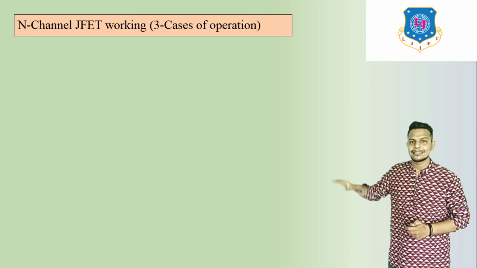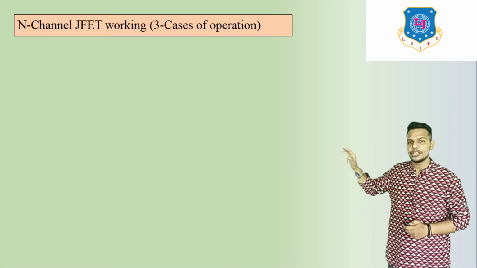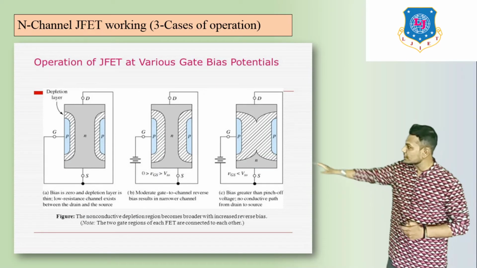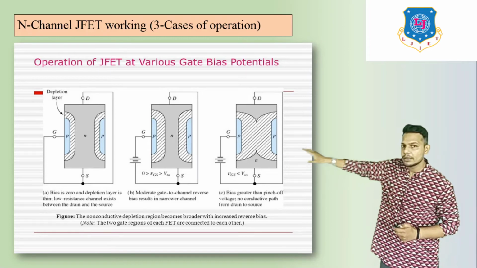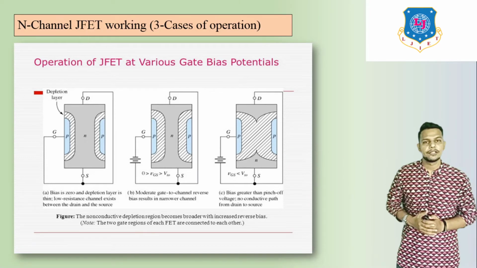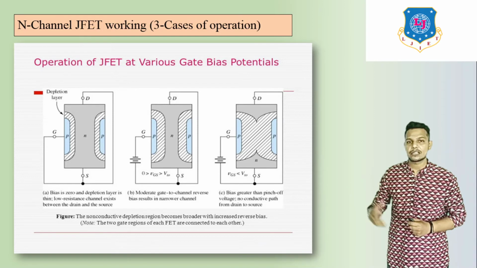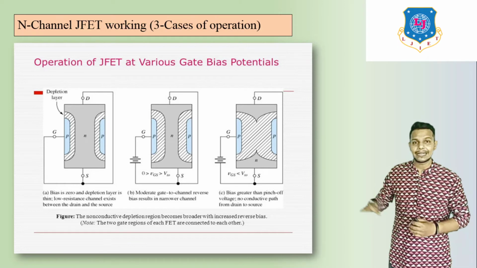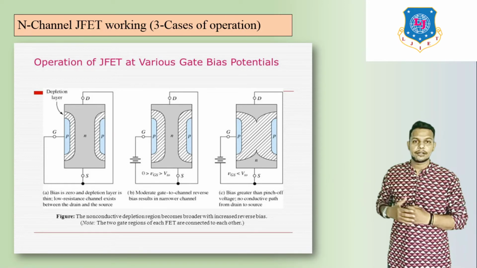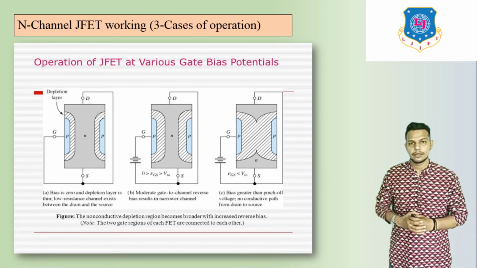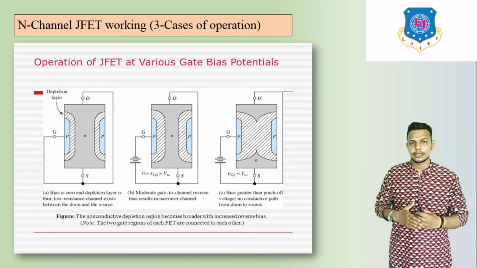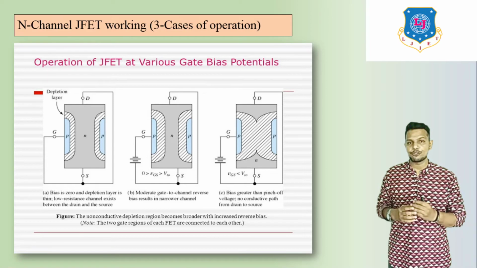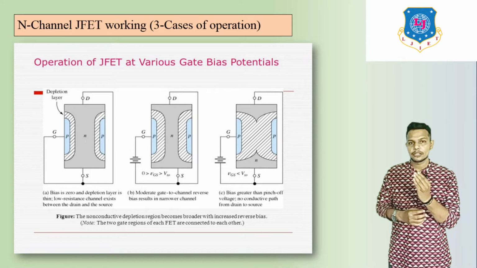So finally, this is the N-channel JFET working, 3 cases together. Here we can see these are the 3 cases. First case number 1, then case number 2, and last case number 3. So in these 3 cases we can justify this N-channel JFET. Basically it works like a dam's gate. If the water can flow through that particular dam's gate, that means if your gate is initially open,